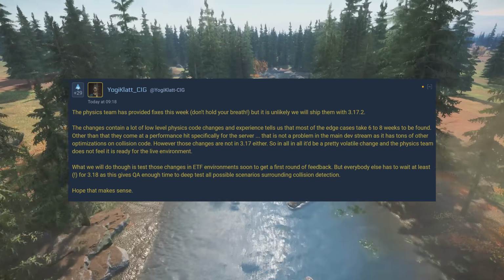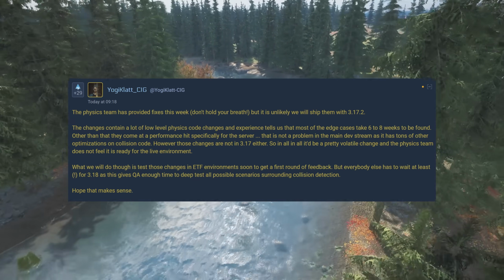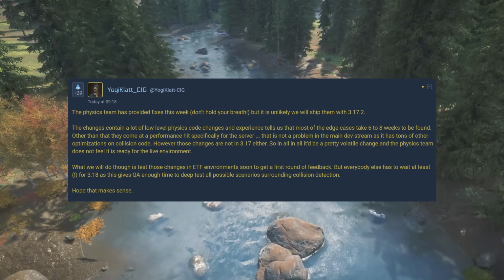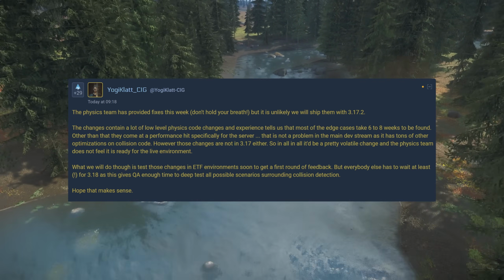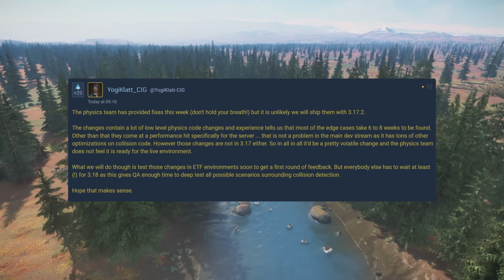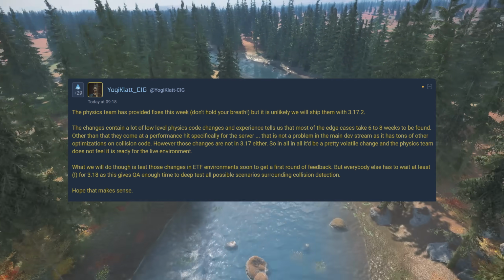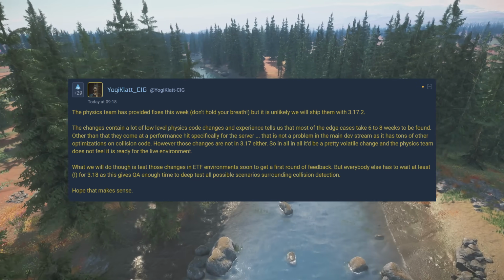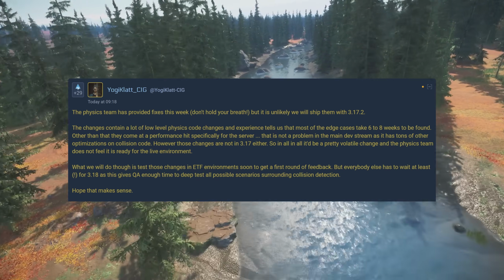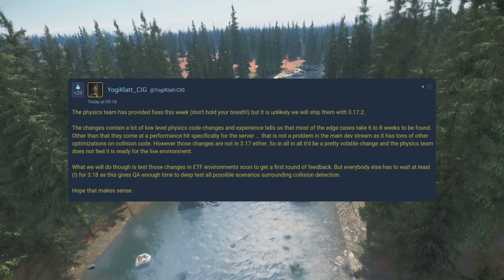The changes contain a lot of low-level physics code changes, and experience tells us that most of the edge cases take 6 to 8 weeks to be found. Other than that, they come at a performance hit specifically for the server. That is not a problem in the main dev stream, as it has a ton of other optimizations on collision code. However, the changes are not in 3.17 either. So all in all, it'll be a pretty volatile change, and the physics team do not feel it is ready for the live environment. What we will do though is test those changes in ETF, EVOCATI test flight environments, soon